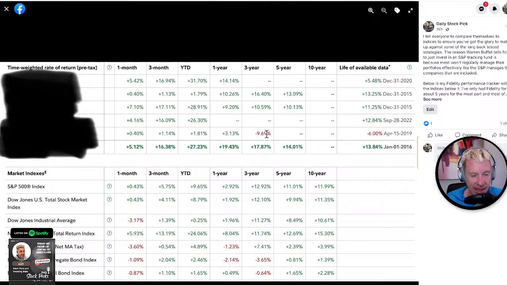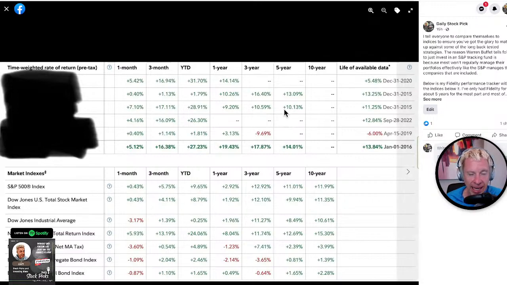But I YOLO'd with ARK. I am currently in cash. That's why you're seeing 1 year 3.313%. It is collecting interest. But 9.69%, that is because I just YOLO'd the ARK funds. I think I had all 4 of them in this. And that was where I really did poorly. But the large majority of it, again, I'm up 17%, 14%.